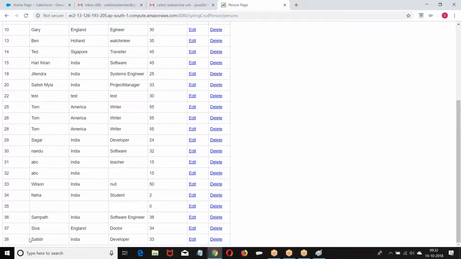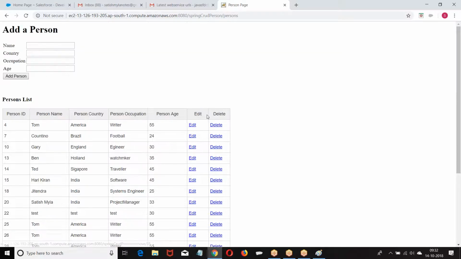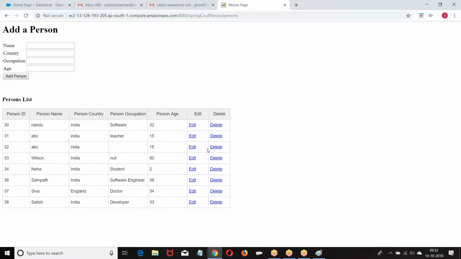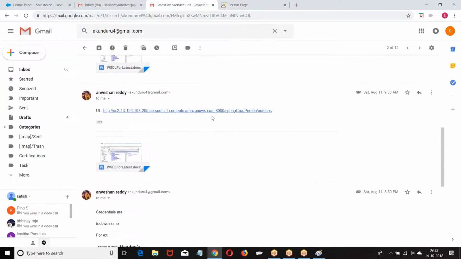You can see the files are added here. Let me remove some of the files. Now this is how we created the data. Now we want to insert the data into this. So if you want to work with this,